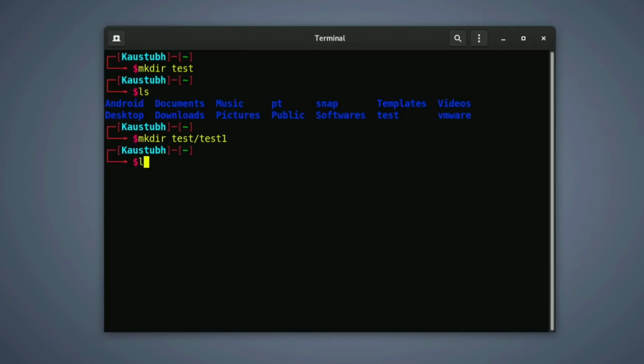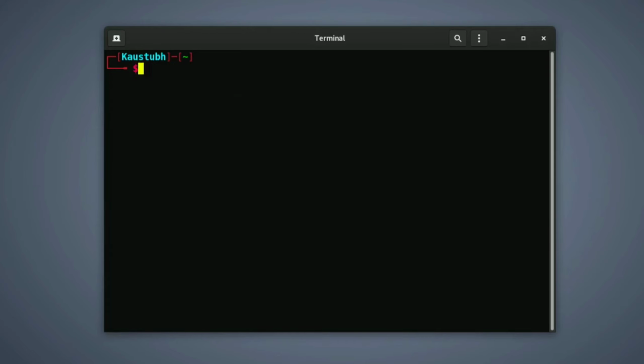Okay, so now to cross check, just type ls test. It will give all the contents of the test folder, meaning all the files and folders present in the test folder. Just hit enter. You can see the test1 folder is successfully created inside our test folder. Okay, so just clear the output once, change directory to our test folder, type ls and hit enter.